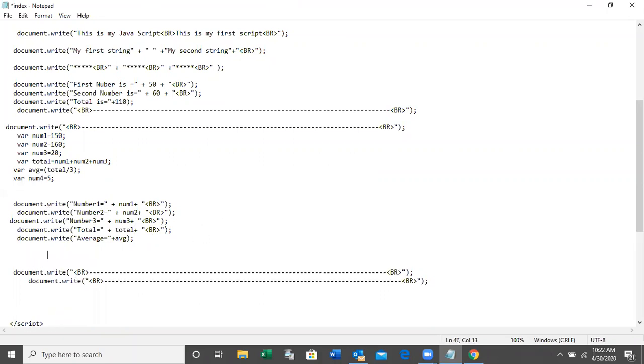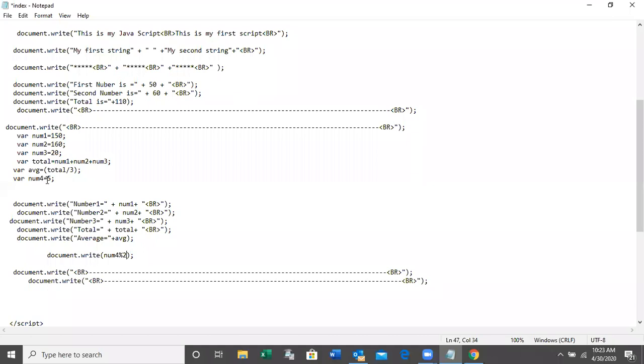Say here document.write num4 modulus 2. What is the output you can get?